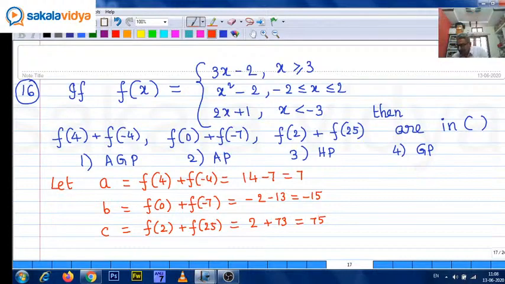Okay, right. So now you can check it. Minus 15 plus 7 is minus 22, and 75 plus 15, no, it's not AP. It's not AP means obviously it is not in harmonic progression. These two options are eliminated. Now we need to check